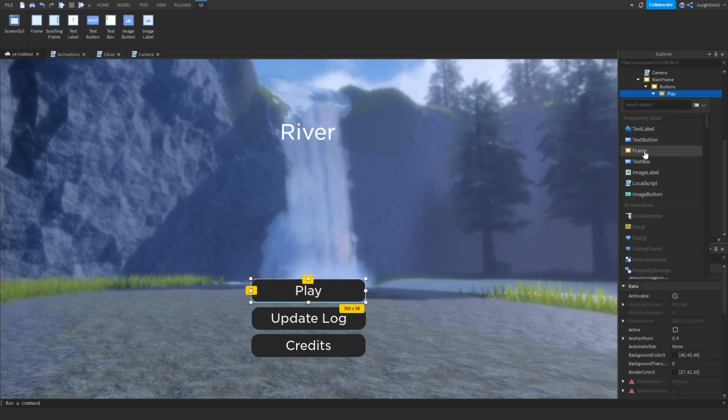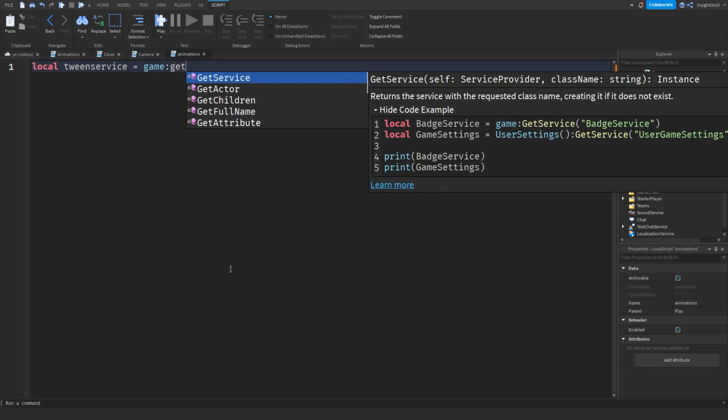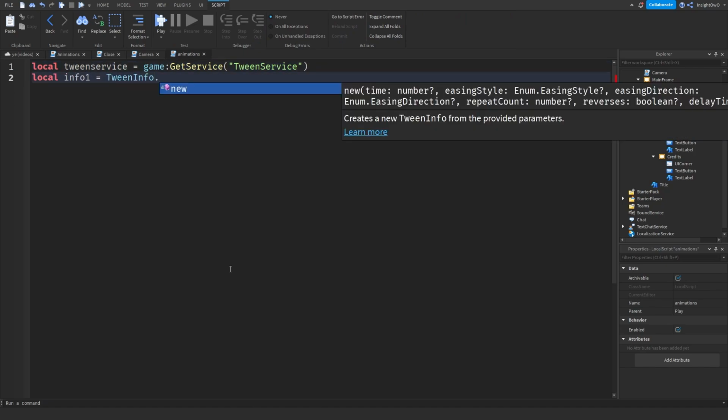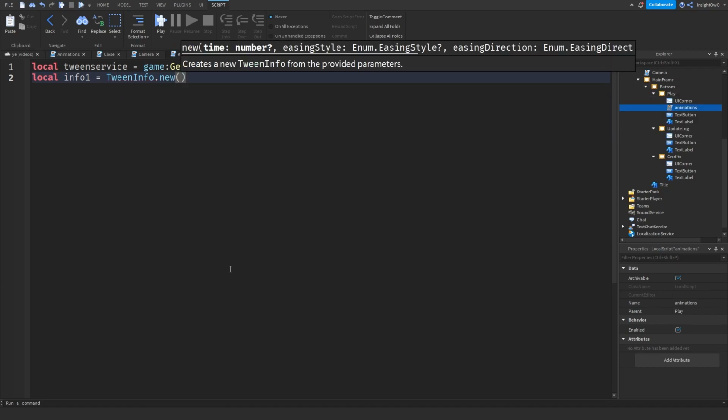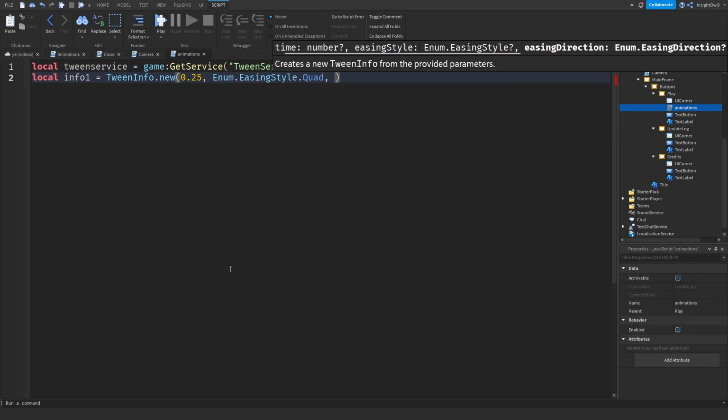So inside the play button, click on the plus and insert a local script. Name the local script animations. Then we'll do local tween service equals game get service tween service. Then local info1 equals tween info.new. Then the time we'll do 0.25, enum.easingstyle.quad